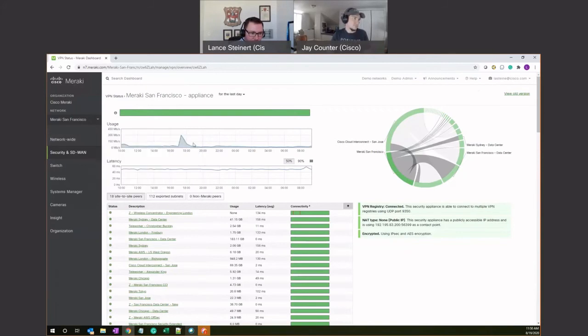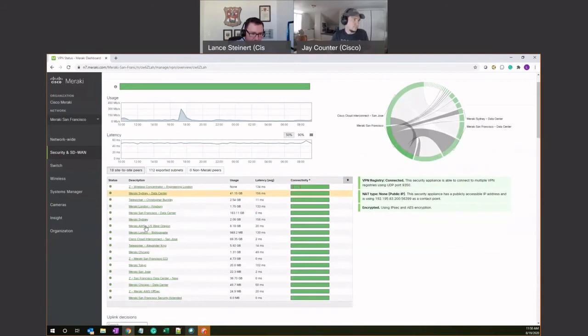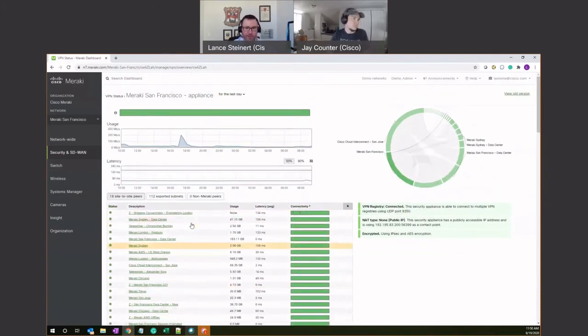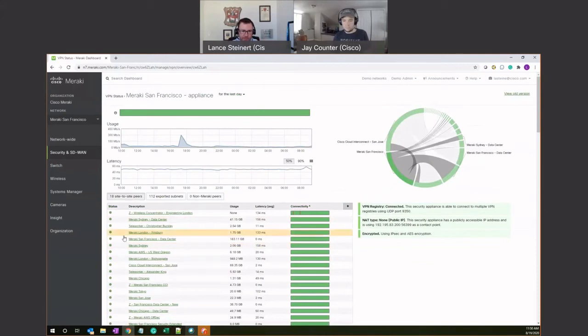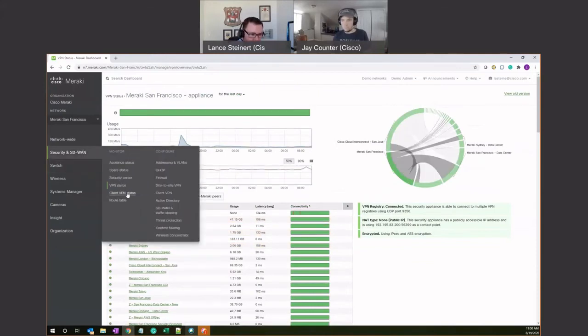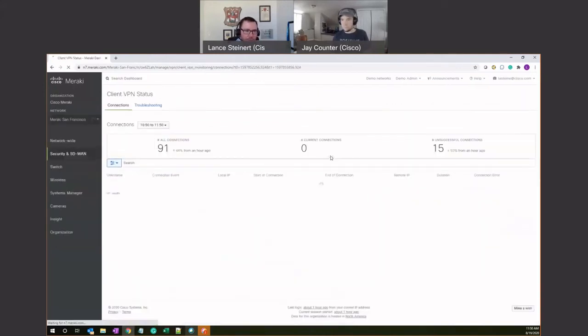Usage of the VPN, and then latency that's happening, and then top site-to-site peers that we're connecting to. So engineering on the London side, data center. This is where all those connections that you're making, as you come down here, it'll show you where those are being used. Your client VPN status